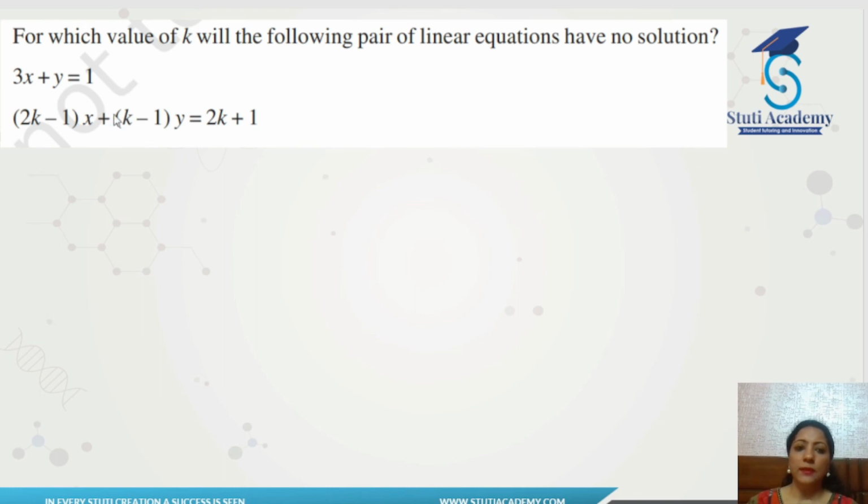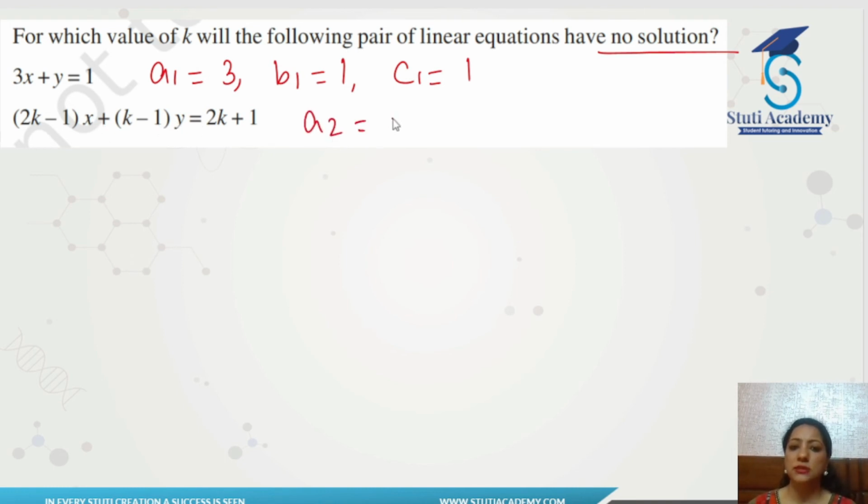Now coming to this one. For which value of k will the following pair of linear equations have no solution? So here we know that the set of equations is inconsistent. That's the case of no solution. And we have to figure out the value of k so that we have no solution. As we can see here, a1 is 3, b1 is 1 and c1 is 1, in a1x plus b1y equal to c1. This is a2x plus b2y equal to c2. So a2 here is 2k minus 1, b2 is equal to k minus 1 and c2 is equal to 2k